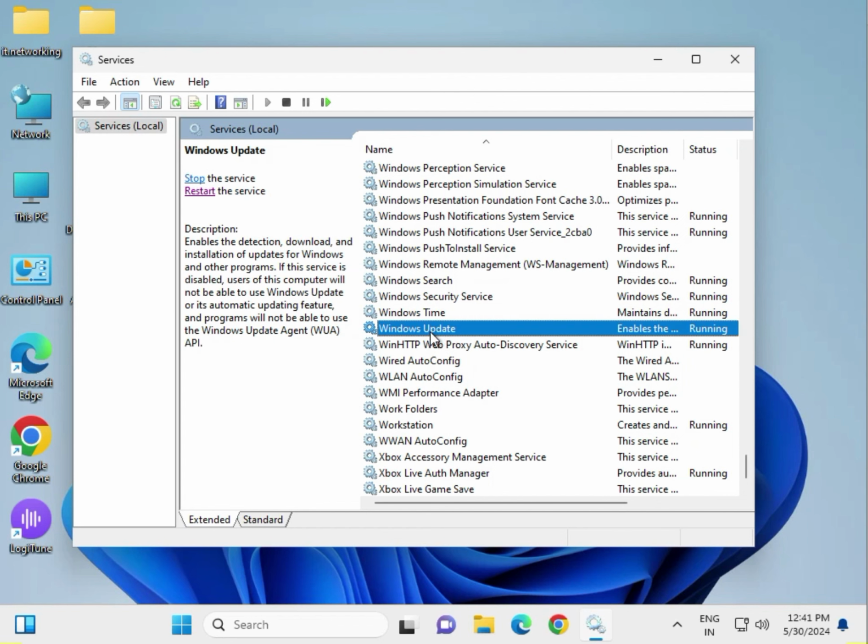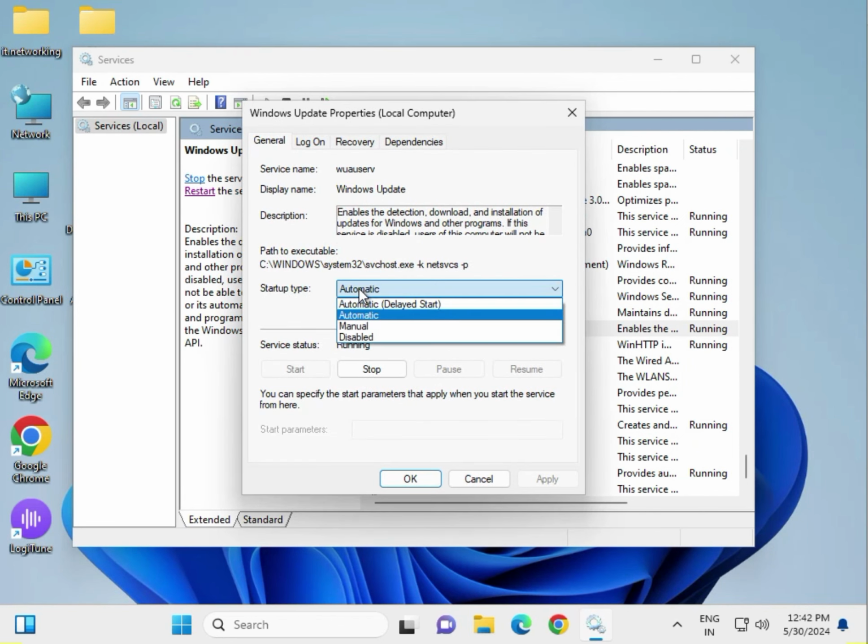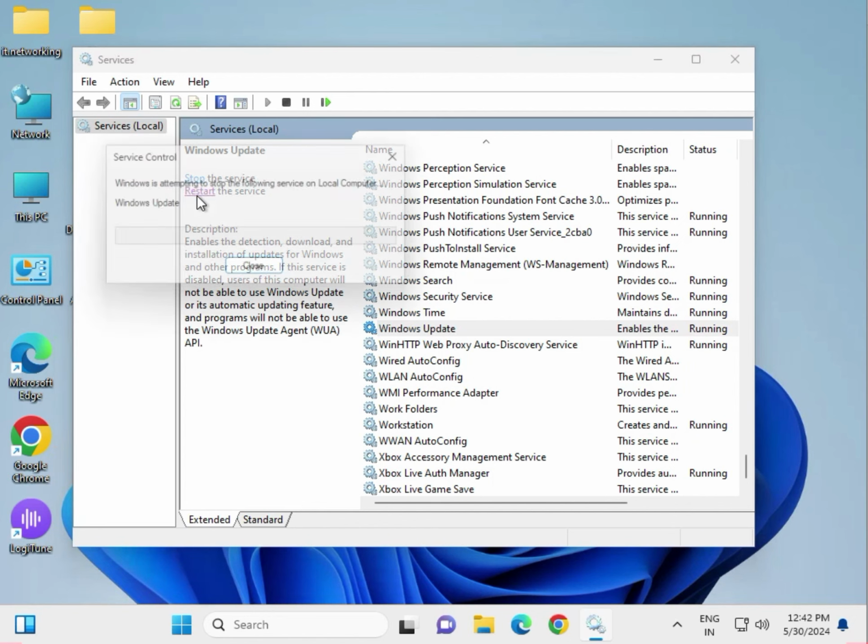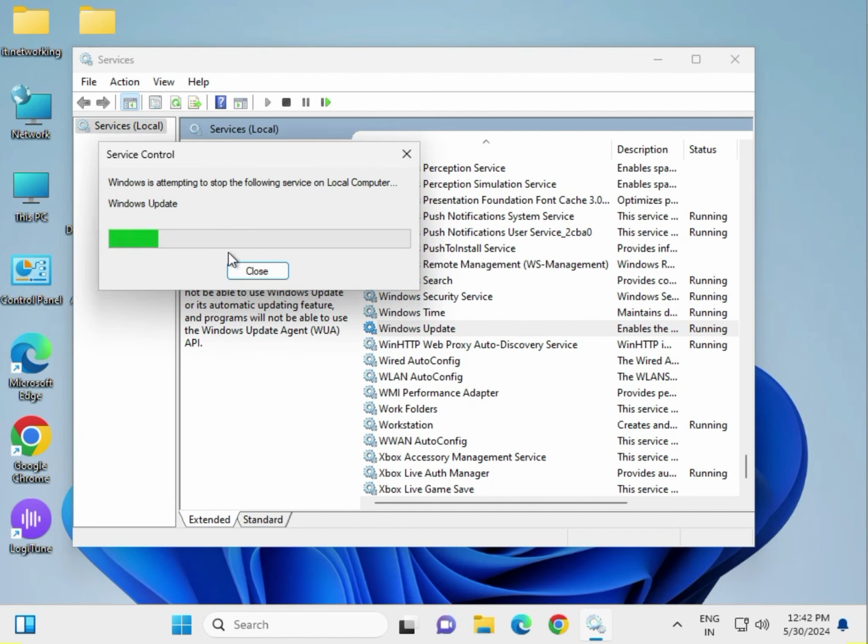This is Windows Update. Double click to open, and if it is disabled or manual, so please select automatic. Okay, then apply, and if it is not started, so click on Start, then OK, and then again select the Windows Update and then click on Restart,